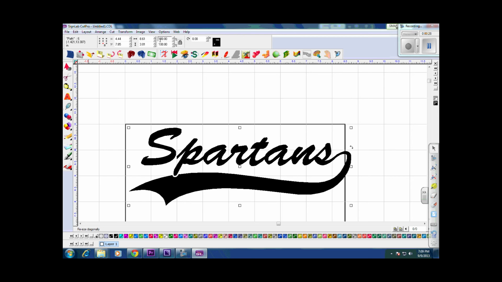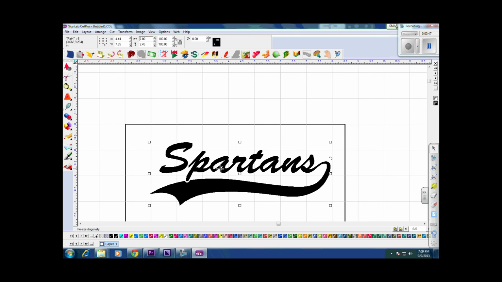Then I want to go and change this length here. Instead of 8.6, I want to change that to 7. Make sure your ratios here are 100% and 100%, and this lock key is on. Then hit enter. You'll notice that it has shrunk the Spartans logo down to 7 inches,